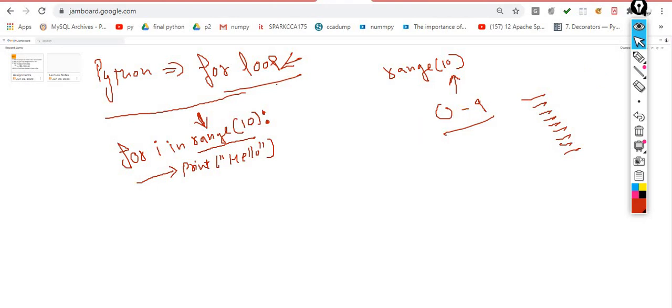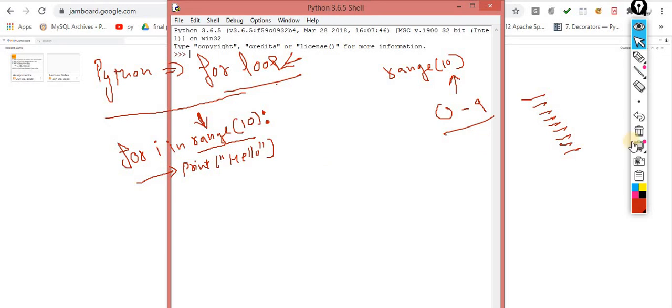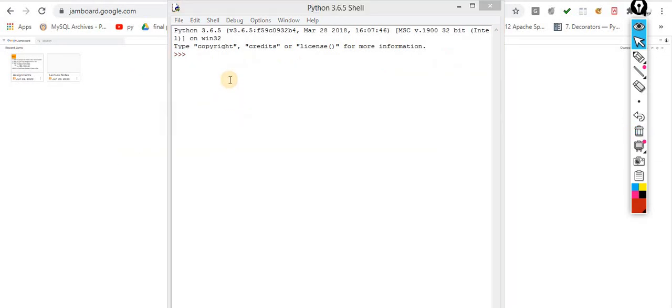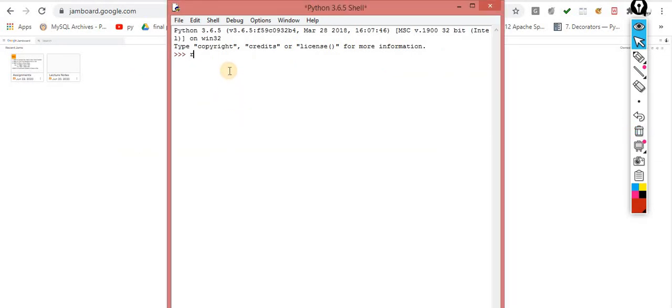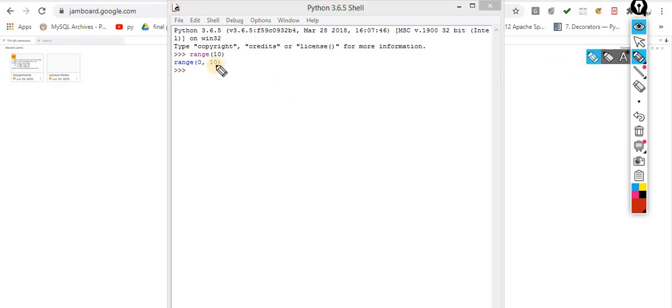Now understand it. I am taking a simple range, just talking about this range first. Range of 10. Now what is the meaning of this? It means I am talking about 0 to 10. Inside Python, this is always n minus 1. So it means I am talking about 0 to 9. My boundary is 0 to 9, up to 10, not including 10. Keep this funda in mind. I think this picture is clear.